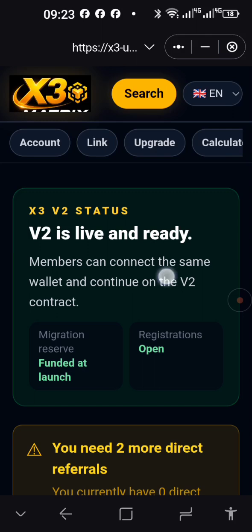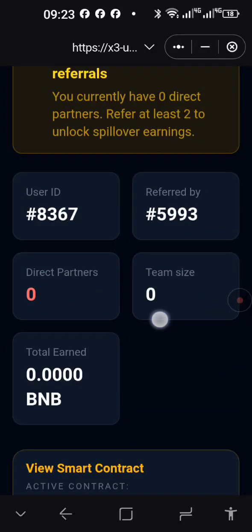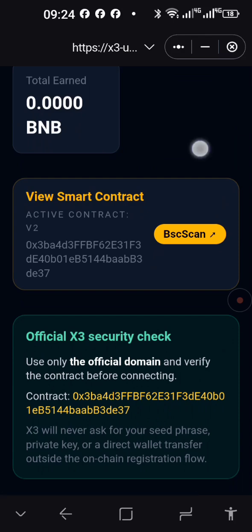Alright, so there's a low entry. The risk is basically that you can lose your wallet. You are responsible for your own security of the wallet, for your seed phrase, which you must keep safe and not give out to anybody.